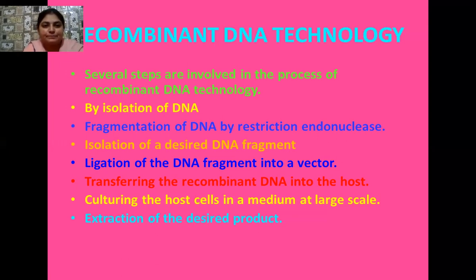Okay, students, the fourth step is ligation of the DNA fragment into the vector so that a recombinant DNA can be created. You know very well, both the alien piece of DNA and the plasmid DNA have sticky ends, and when these sticky ends come in contact with each other, they form hydrogen bonds. Later we add the enzyme DNA ligase. This DNA ligase seals the sticky ends of both the alien piece of DNA and the plasmid. Okay, students, in this way we obtain the recombinant DNA.